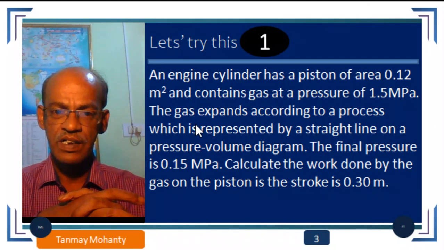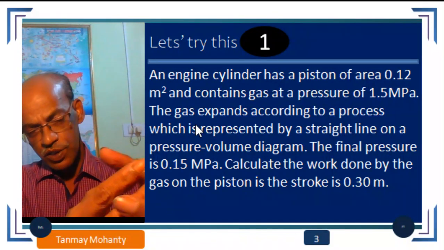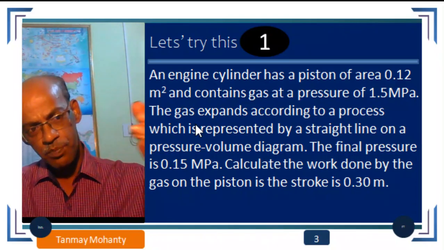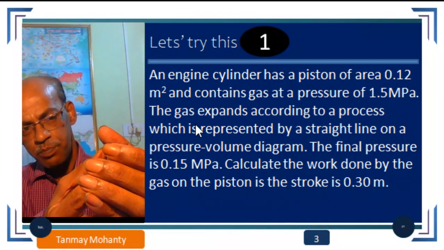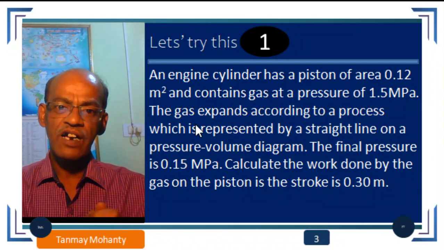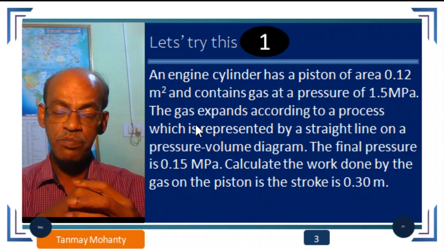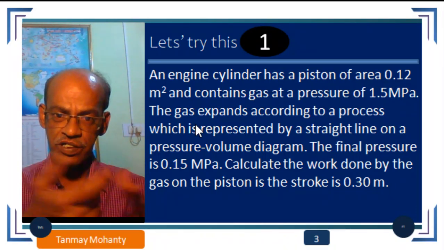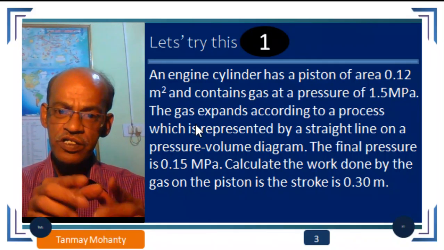Okay. This gas expands when the piston will move inside the cylinder. They are moving like this. Okay, this is compressing the gas, now expanding. When the piston moves like this, the gas expands. The gas expands according to a process. Which process? There can be multiple processes. That can be isothermal process, can be isobaric process, can be polytropic process. Here, the process is something different.